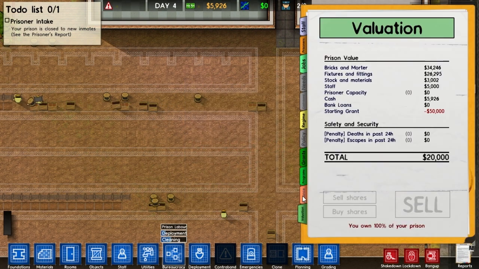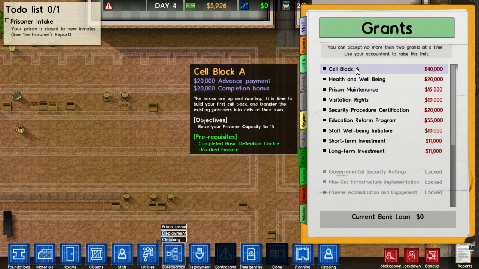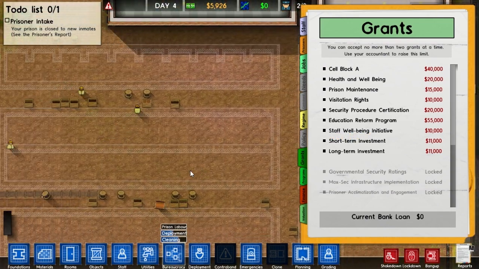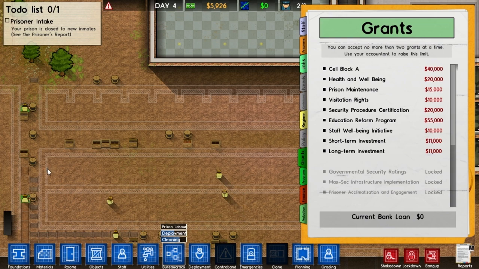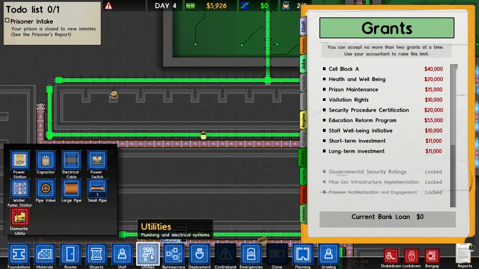So let's have a look at our grants. 15 cells we need to build. Ooh. Well, I'm not gonna make it with those because this is only 10. But if I build one of these blocks, I will get there. So...